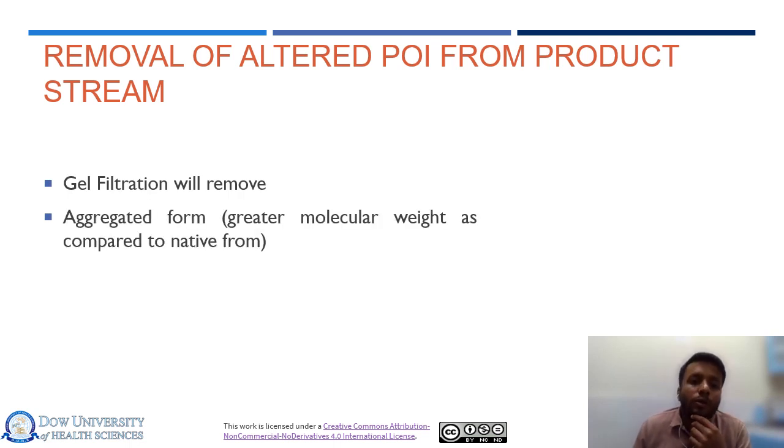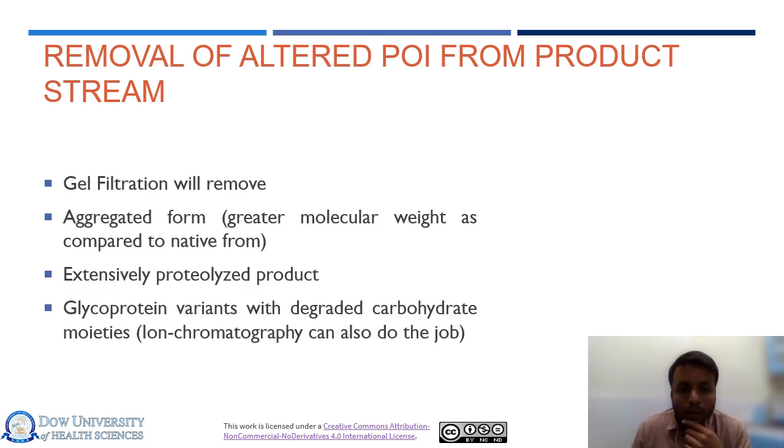We can also use the gel filtration technique to remove any altered product of interest from the product stream. Gel filtration is a commonly used chromatographic technique that can remove certain impurities from the product stream. It basically works on the principle of size exclusion, where the molecules can be separated on the basis of their size or shape. Now, one of the basic impurities that can be removed via gel filtration is the